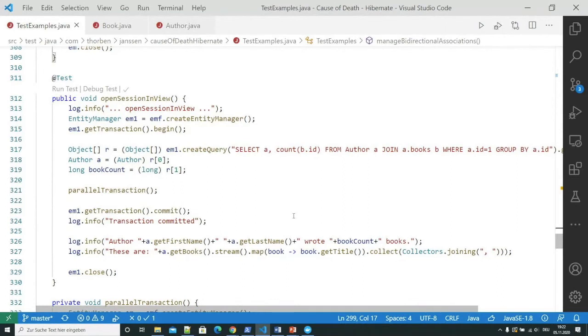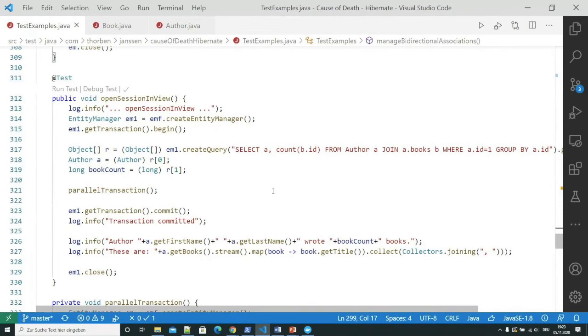And the second thing is it increases the load on the database because when you initialize the association in your view layer, we are opening up a new transaction, sending the statement and closing the transaction directly after we retrieve the result. And each of these transactions is actually a pretty expensive operation on the database because it needs to write everything that happened within the transaction into its logs and so on. So better avoid that in general.